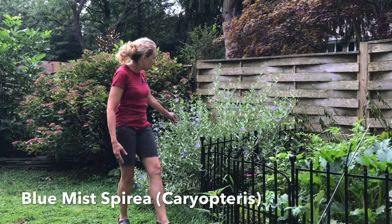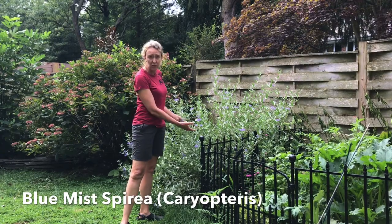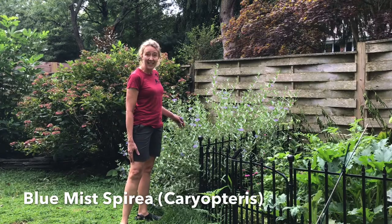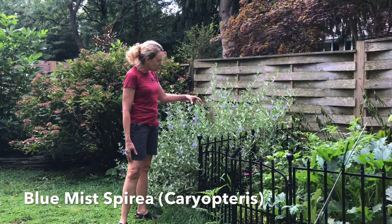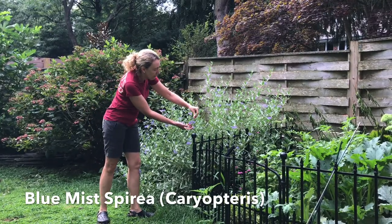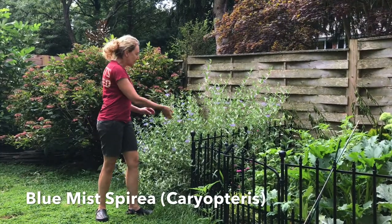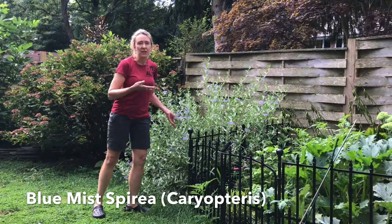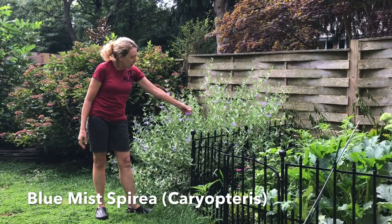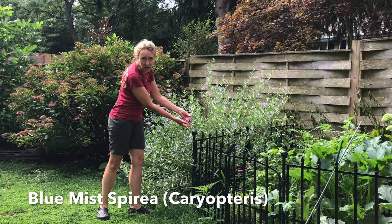This shrub right here is one of my favorites. It's called Blue Mist spirea. It's a cutback shrub, so you cut it back in the spring. It's very tolerant of heat and drought, and it blooms in August. It gets these beautiful purple blooms. They're not fragrant, but if you rub your hand like this on the stems, it has this amazing lavender scent. And the nectar from these flowers is something that the bees and the butterflies love, so I know that it's